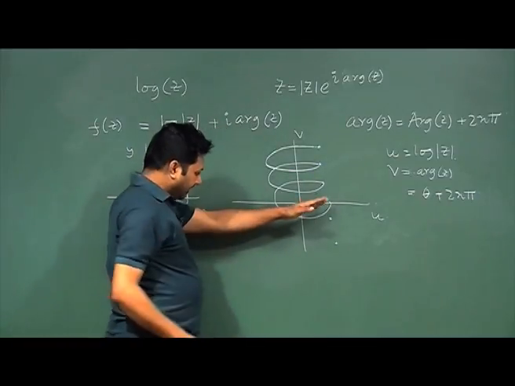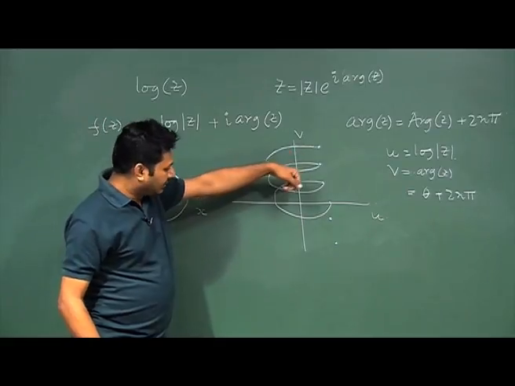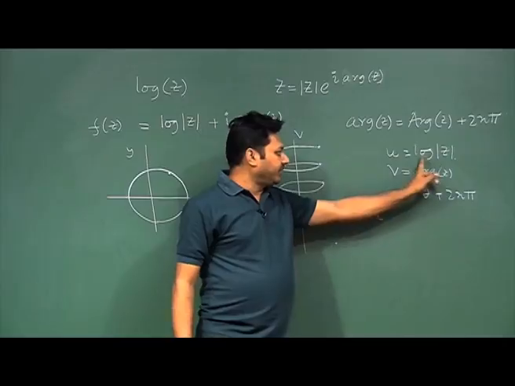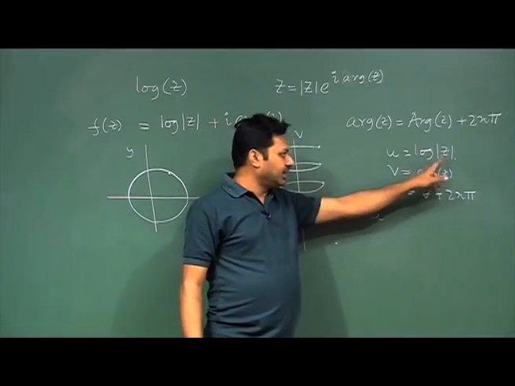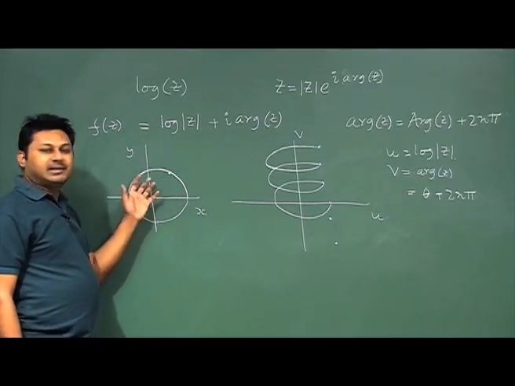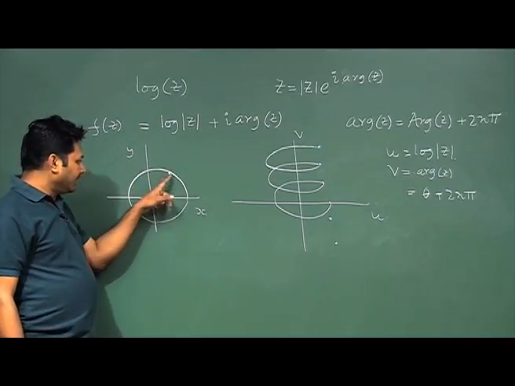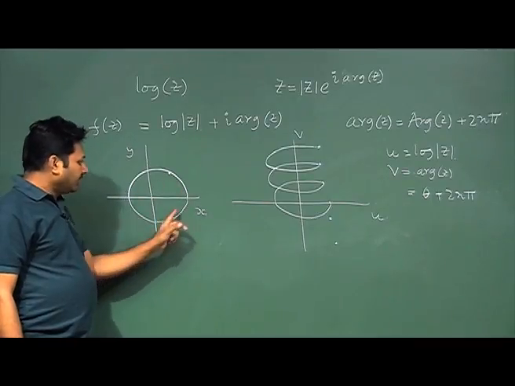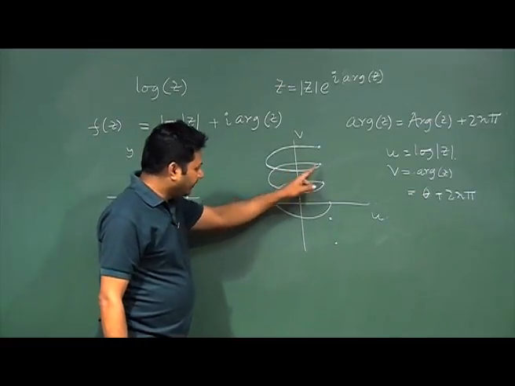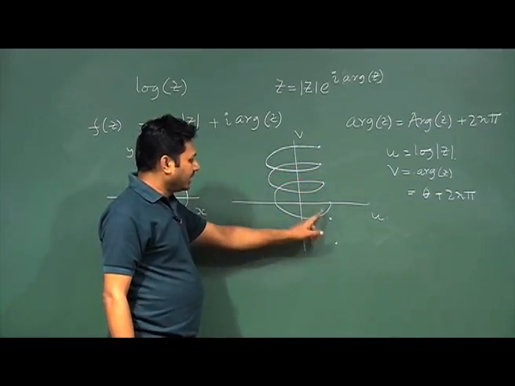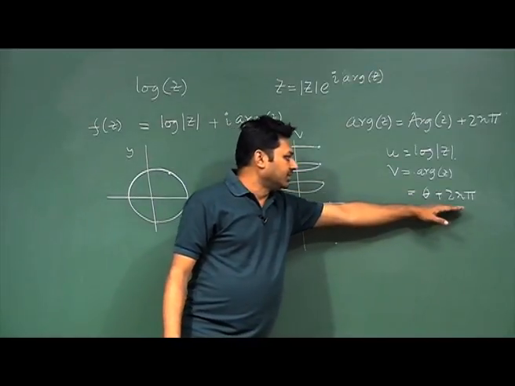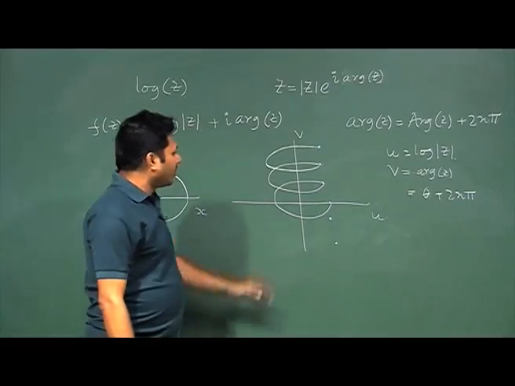and this is not a single curve, this is a continuous value, because z can take any values from here. I am taking only a fixed mod of z, but mod of z can also vary as well as the theta. So, for the entire range, whatever the z are there, they can change, but if they have one radius, the value is rotating like this, and for each case I am having the same point, and these points correspond to theta plus 2n pi. So, this is also an interesting thing.